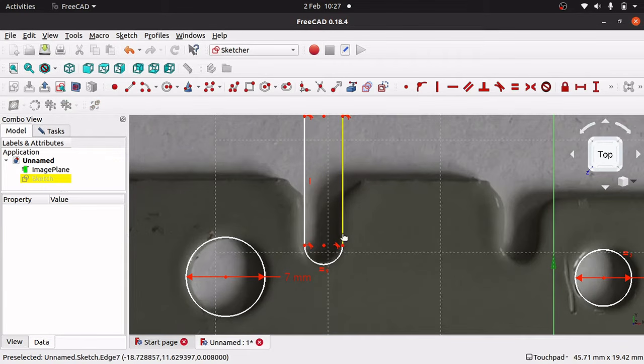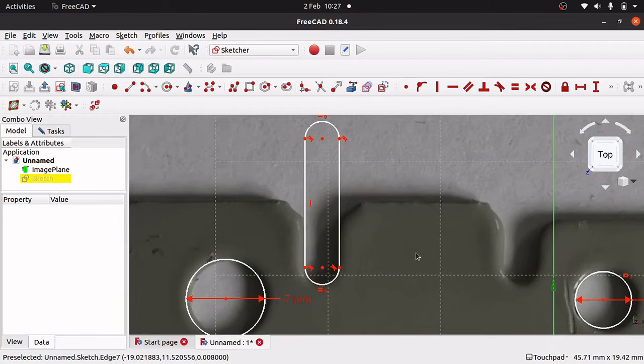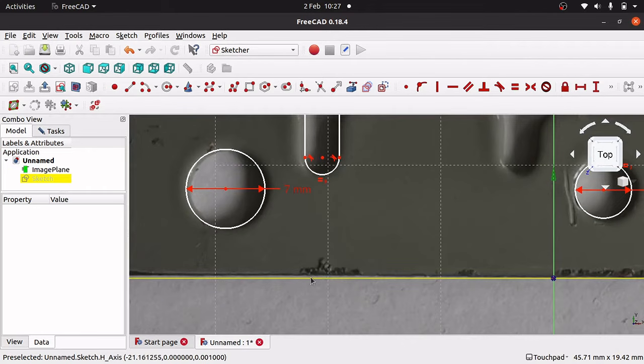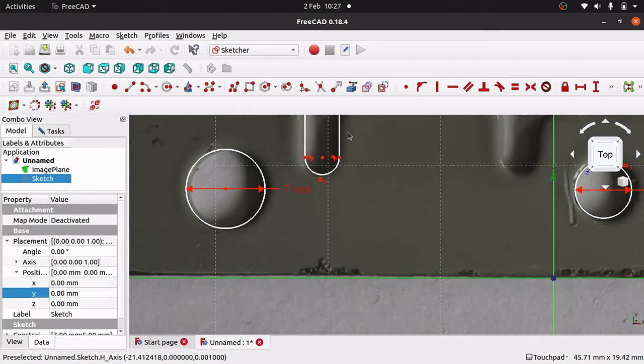So just placing this in place. Okay, so that's good. And I am going to make a constraint against this. I want to lock this into position as much as possible, but I don't want to go too mad. So I'm going to